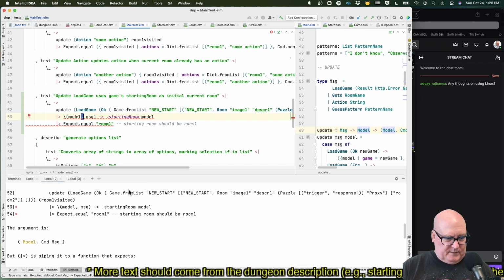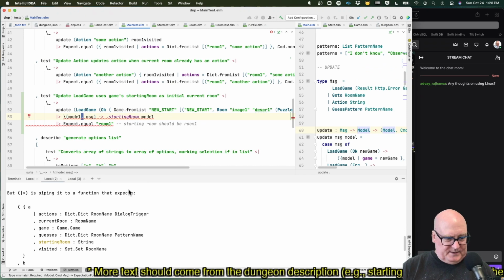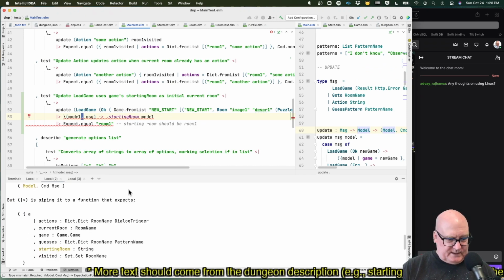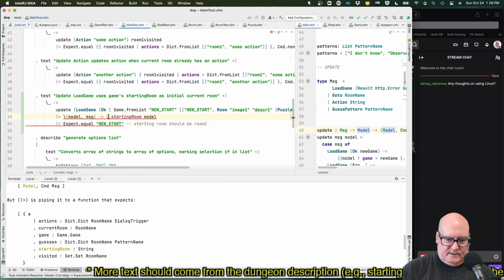The argument is a model and a command message, but this is piping it to a function that expects a bunch of other stuff. Oh, this should also be new start. I don't know. Sometimes I'm not quite clear on the precedence of things, but